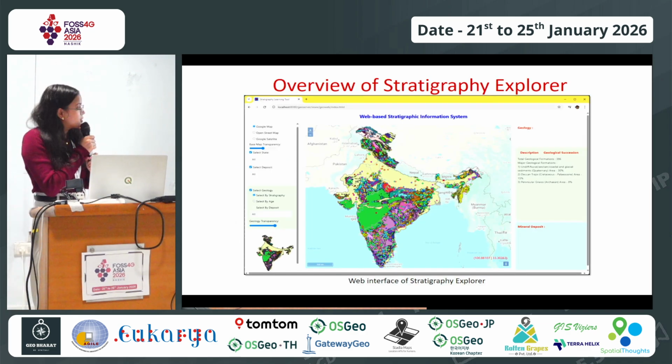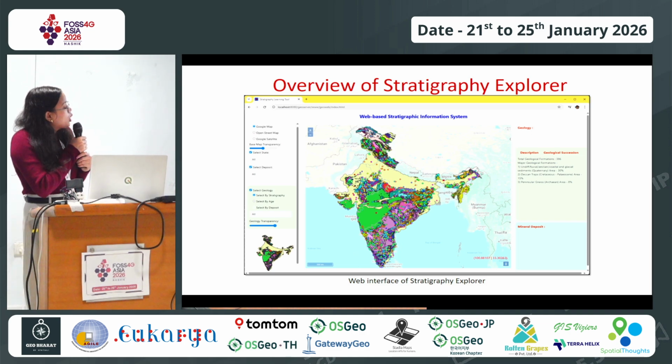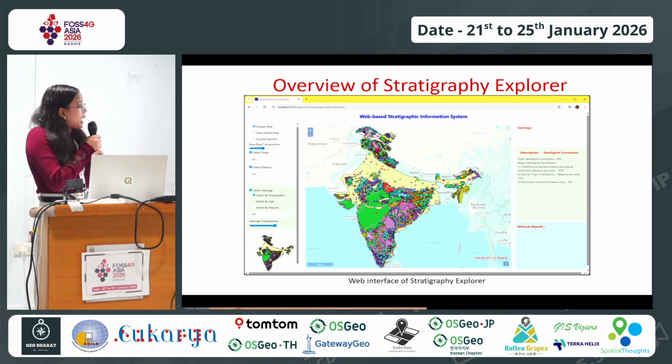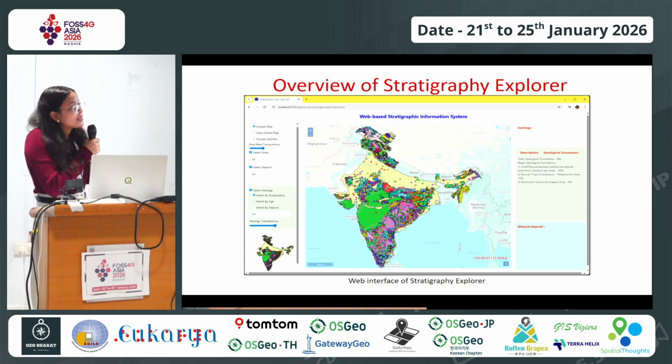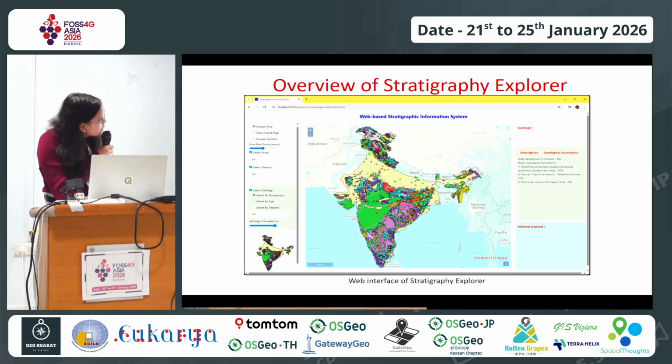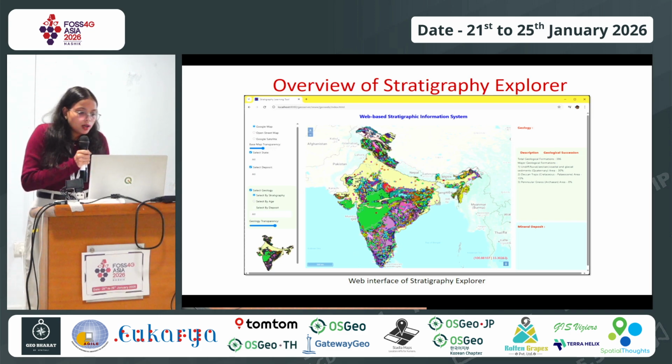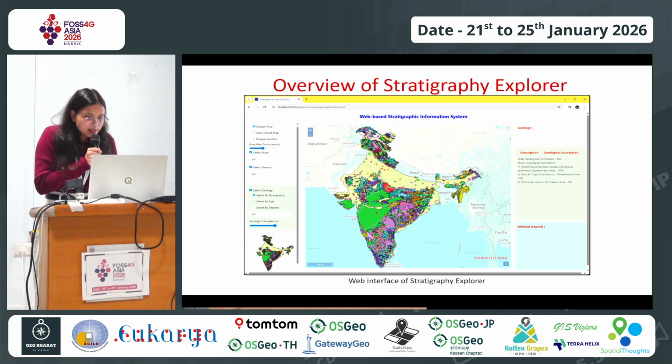Okay, here is the web interface of Stratigraphic Explorer. Here you can see the map window, filtering options, and description panel. In the map window, it shows the entire geological map of India along with mineral deposits. On the right-hand side, you can see base maps and filtering options. On the left-hand side, you can see the description panel where the total geological formation is displayed along